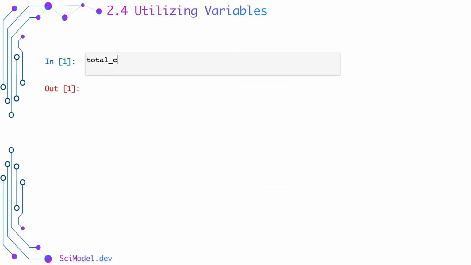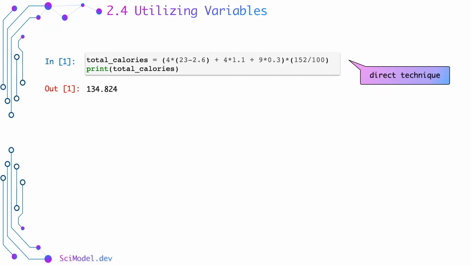The first technique is to create a single line of code for the equation by writing 4 times (23 minus 2.6) plus 4 times 1.1 plus 9 times 0.3, all times 152 divided by 100. As you can see, it is difficult to keep track of each number in the code line as you will forget the representation of each number and to which category of macronutrients it belongs to. So you have to rewrite the equation once you want to change a macronutrient value or total weight of the